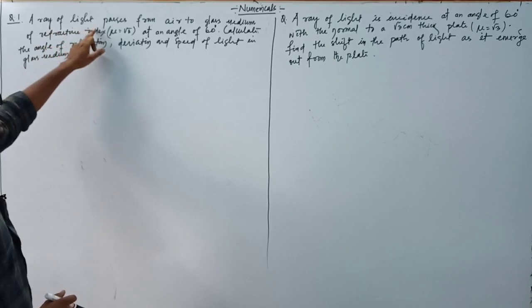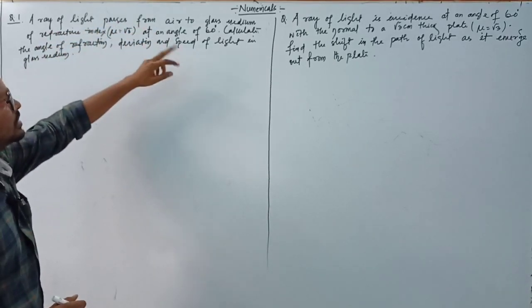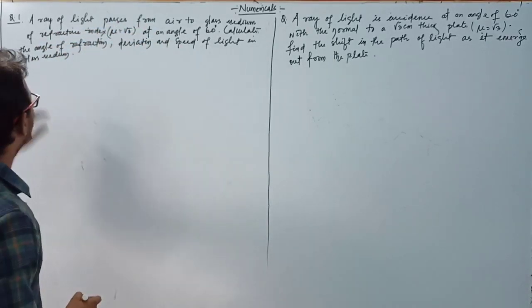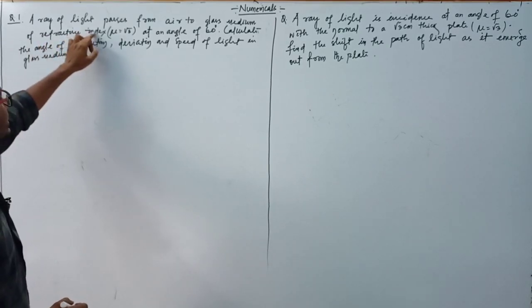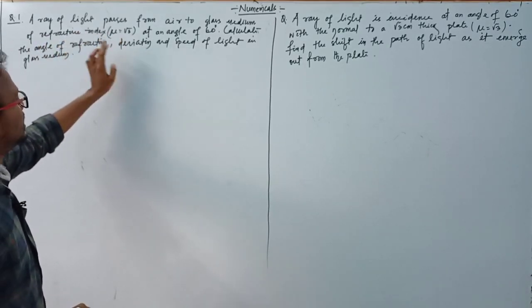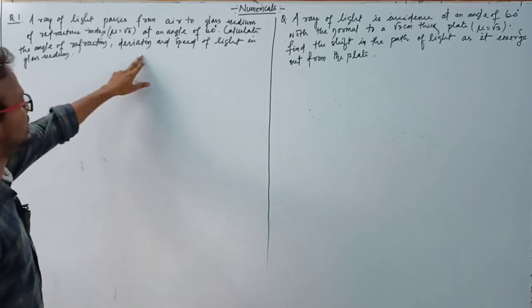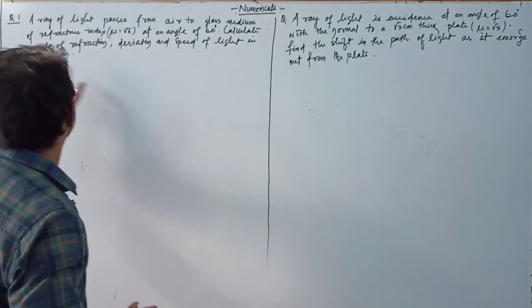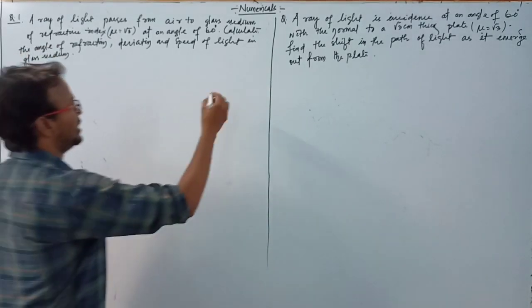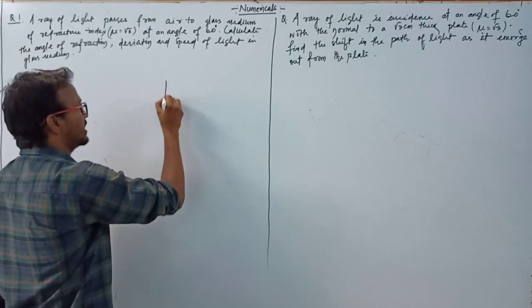A ray of light passes from air to a glass medium of refractive index mu equal to root 3 at an angle of 60 degrees. Calculate the angle of refraction, deviation and speed of light in the glass medium. Clear? That means suppose we have a glass here,